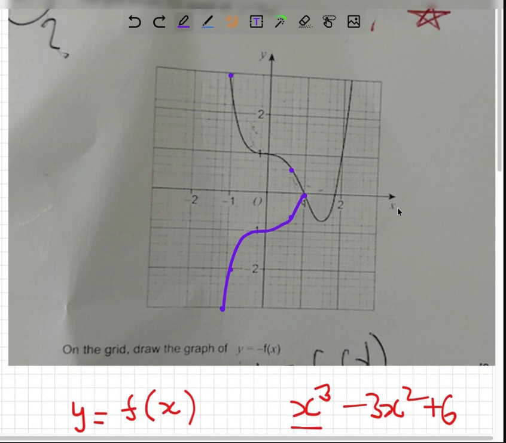Yeah, something like this. And similarly, this point, the stationary point, is nearly on just 1 square above, 1.5 square above minus 1. So this should be also 1.5 square somewhere over here. And you can continue your graph and join it like this, and then because this point is on the x-axis, so reflection is also on the x-axis,